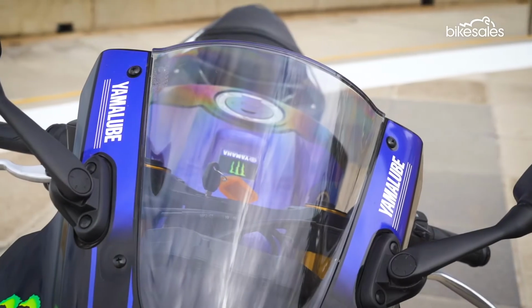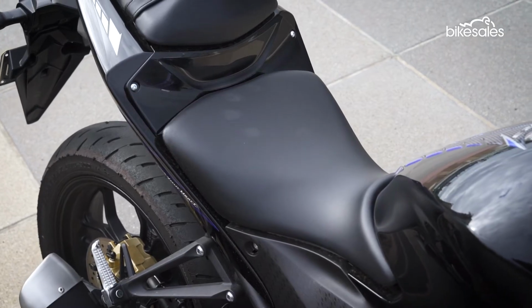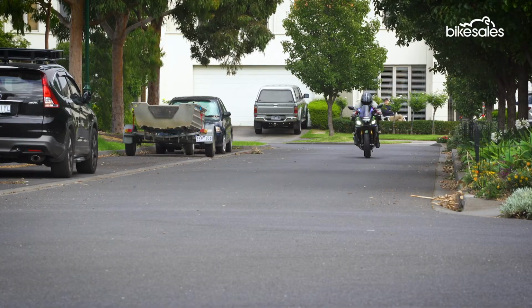A wider fuel tank makes it easy to lock your knees in, and the clip-on style bars are 22mm lower, but this is offset by the 780mm seat height. As a result, the natural ride position is a relaxed semi-upright stance, but enthusiastic riders can adopt a racer-style crouch